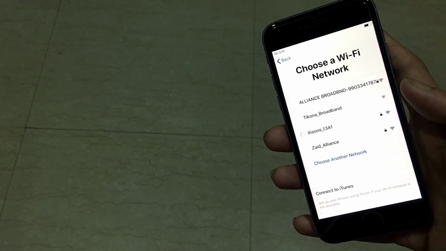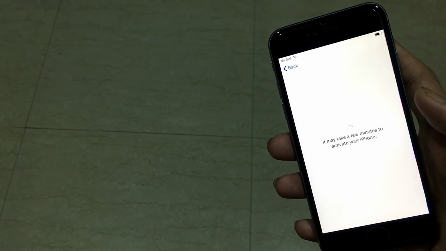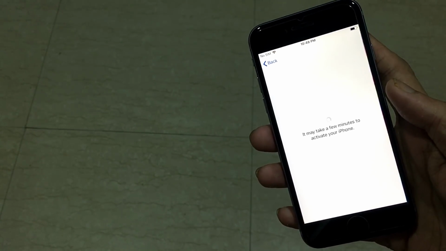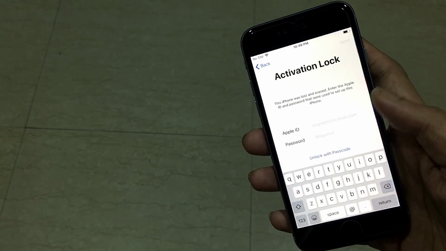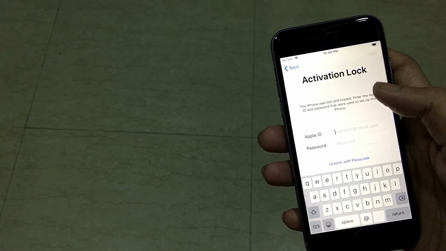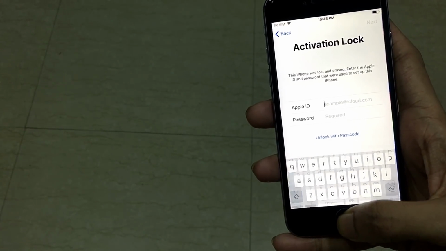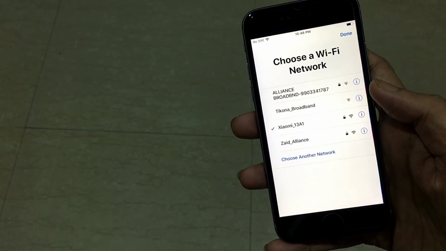Okay, once it got connected, it will redirect to the activation page. Let's wait for some time. Depending on your internet connection, it may take several minutes. Yeah, so it is iPhone locked, iCloud locked, activation locked. So now what you do is keep holding the home button, go to the Wi-Fi settings, press on the I